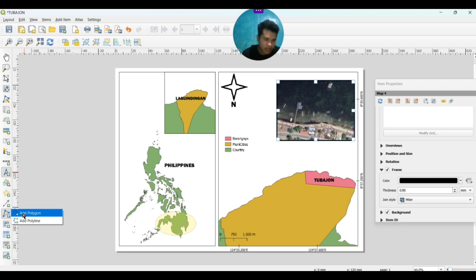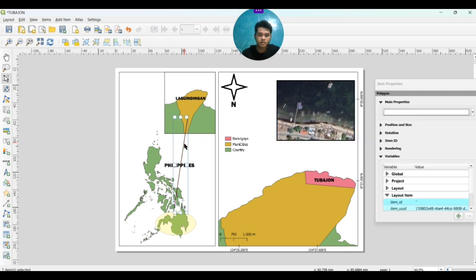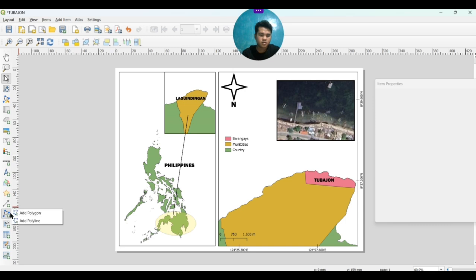We'll have this add polygon. So this will have the lines on it. Just click mouse one and drag the map, stretch it, then leave it, and connect it to the... sorry. Right click it so that it will stop the continuation of the line, then add again.